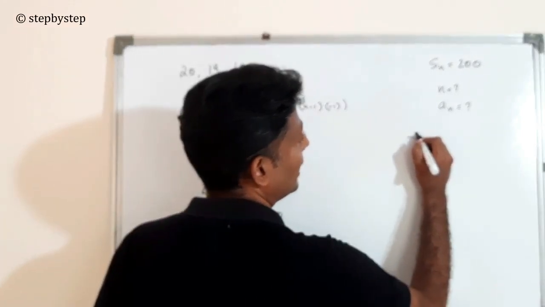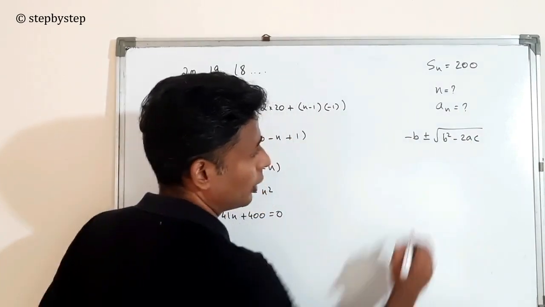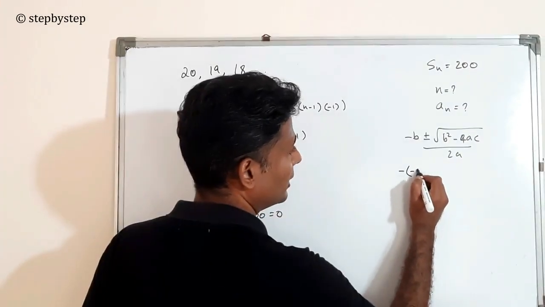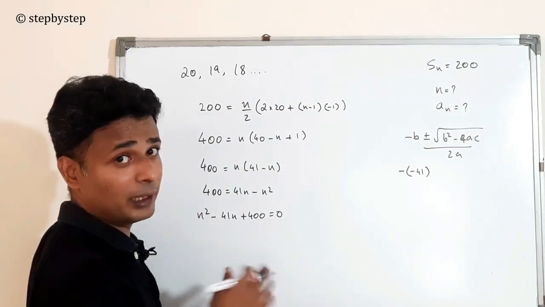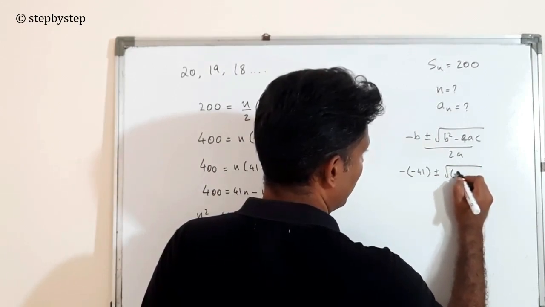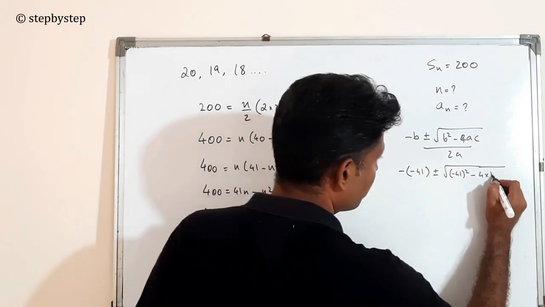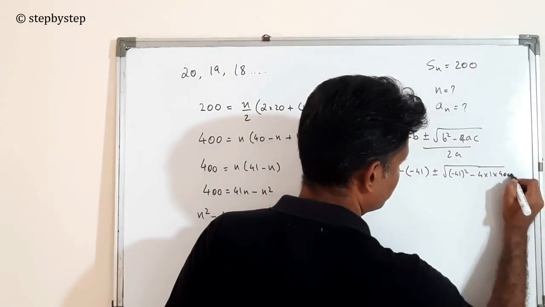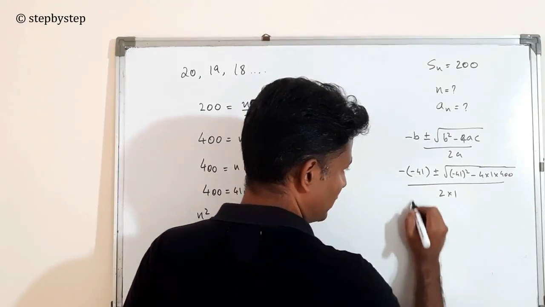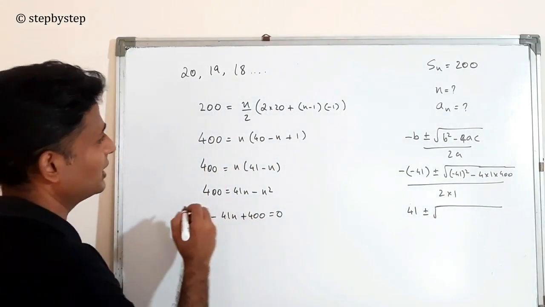So the formula is minus b plus or minus root of b square minus 4ac by 2a. Now minus b is minus of minus 41. Don't forget to take the negative signs with a, b and c. Plus or minus root of b square, minus 41 square, minus 4 into a is 1 into c is 400, by 2 into 1. So minus of minus plus, so I get 41 plus or minus root of 41 square,